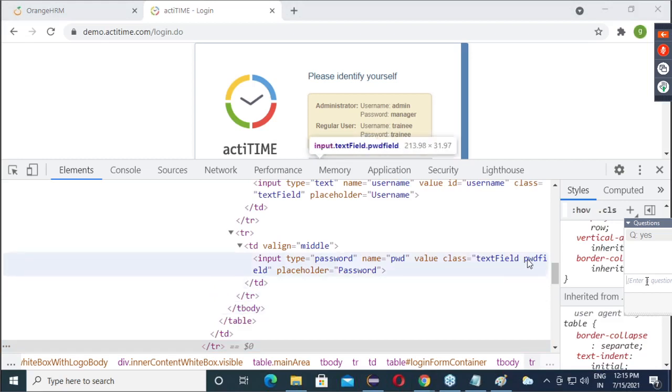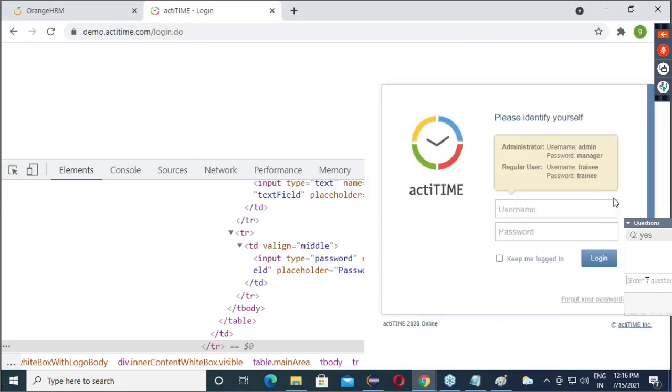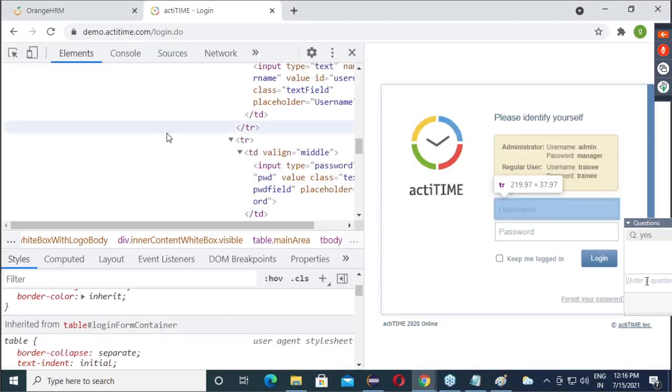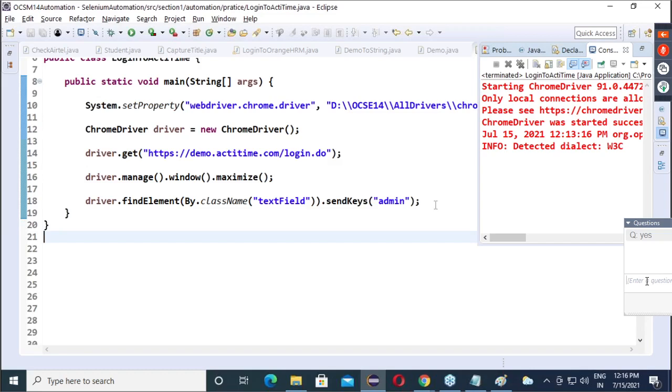So can you see it is text field, PWD field. See, wherever you want, you can keep this console. If I click here again, it will come to original position. So now value of class is text field, PWD field. I will copy this.